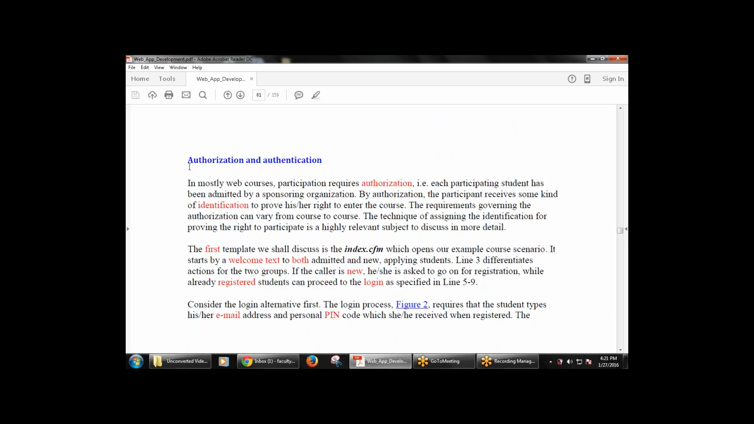Then we also discussed the authorization and the authentication. That means first of all check whether the user is an authorized user or not, and if the user is an authorized user, then authenticate or provide the services. That is the authorization and the authentication. The first template that we shall discuss is index.cfm, which opens an example course scenario